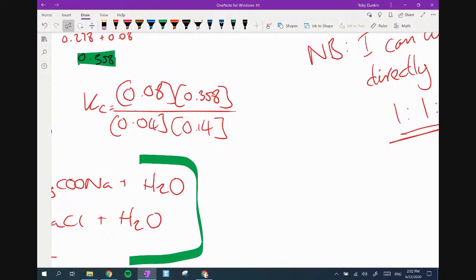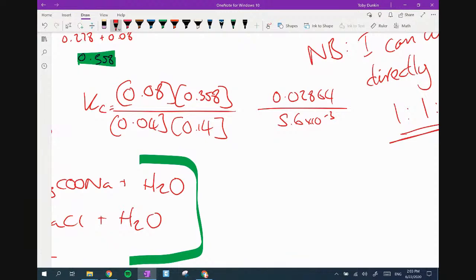Right, I can now run that through my Kc value. 0.05 multiplied by 0.358 gives me a top number of 0.02864, all over 0.04 multiplied by 0.14. And that's going to give me 5.6 times 10 to the minus 3. Divide the top number by the bottom number,